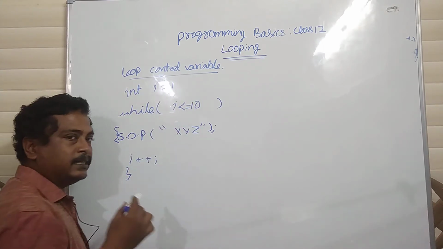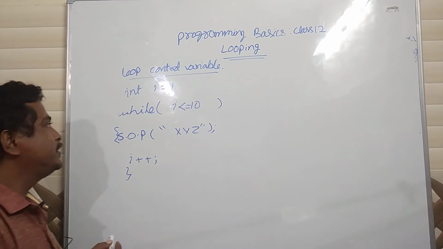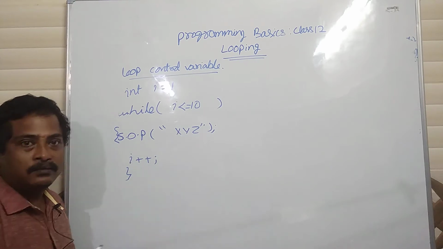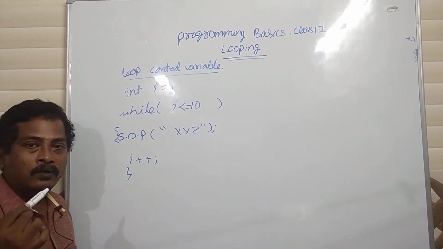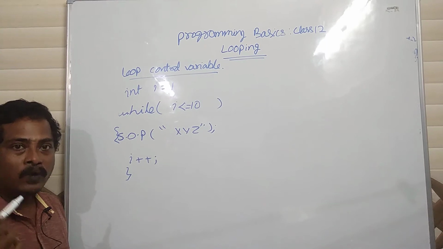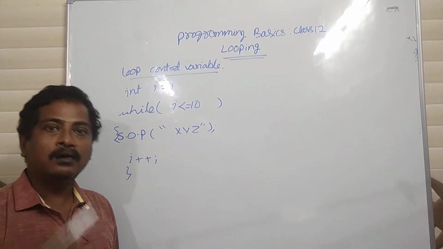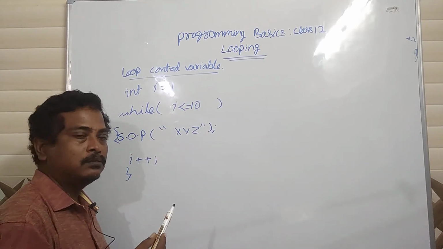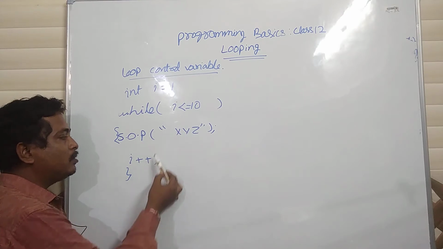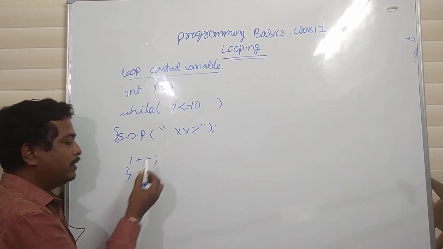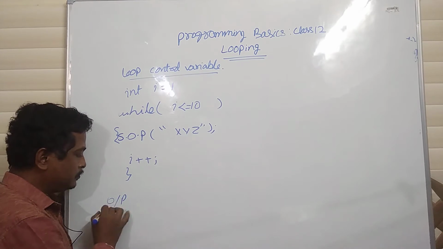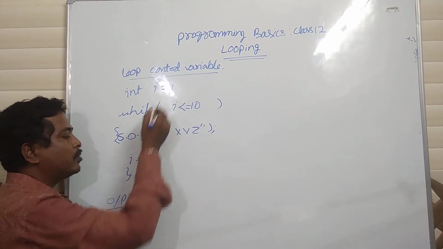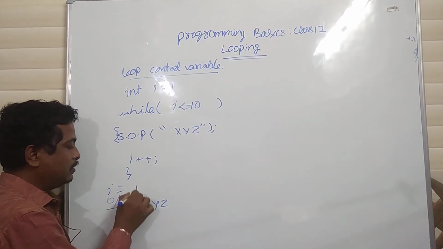The value of i is 1, it is initialized. I took the first spoon of sweet. Then I have given a condition, i is less than or equal to 10. Whether the value of i, which is 1, is less than 10 or not. So let us check, 1 is less than 10. It is true. The condition is true. If the condition is true, the block of this loop will be executed. That means XYZ will be printed. The i value will be incremented from 1 to 2. So the i value is now 2.